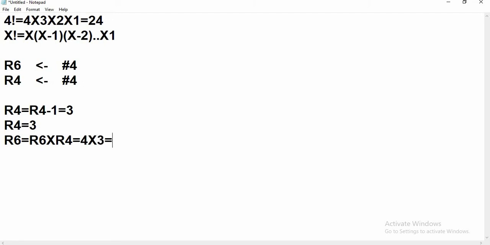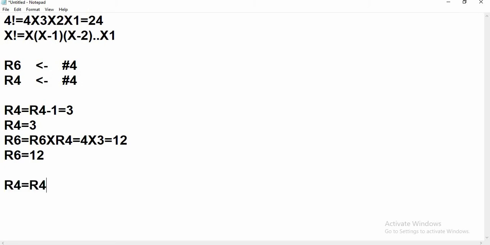Its value is 12. So now R6 has 12 in it. This is the second step, and this will come in a loop until R4 becomes 1. I will show it now.